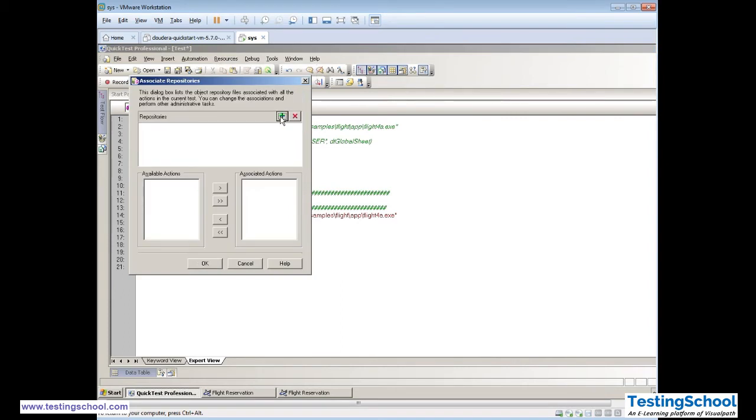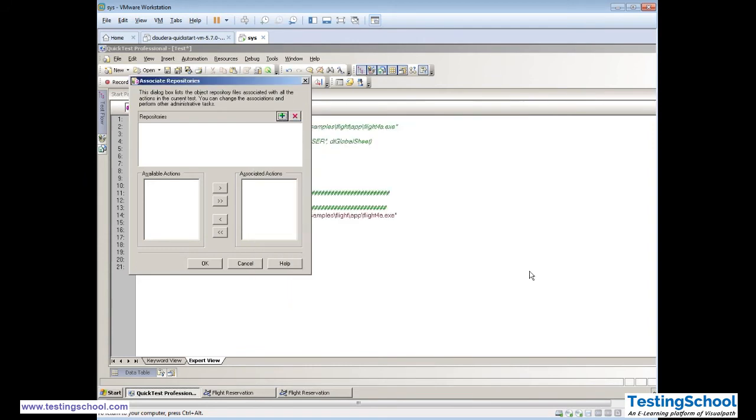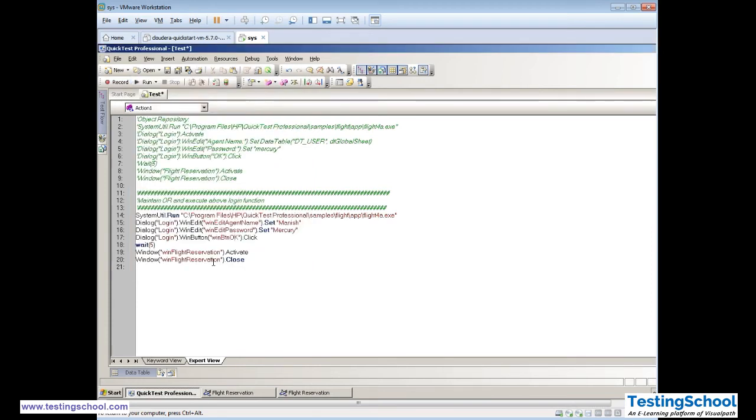Because this is a local OR, it is not needed here. If it is a shared OR, then you have to add this repository, you have to associate your repository. In case of local OR, it will do automatically, but in case of shared repository, whenever it is in some shared location, you should do this.